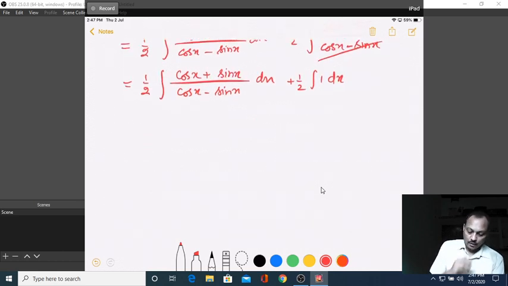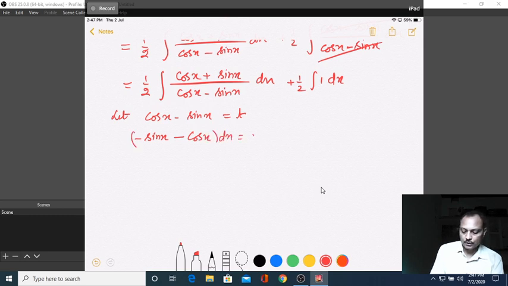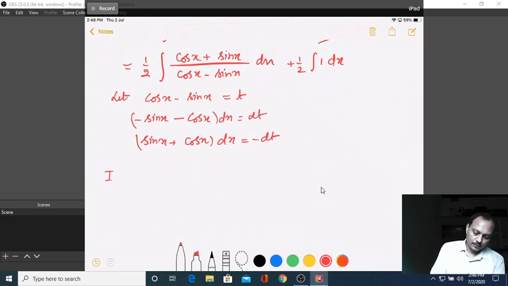Okay. Now, in the first term, let cos x minus sin x be t. Then the derivative of cos x is minus sin x, and the derivative of sin x is cos x, so (cos x minus sin x) dx equals dt. Taking the negative sign as common, we get (sin x plus cos x) dx equals minus dt. So in this way we can write it as 1 by 2 (cos x plus sin x) dx is minus dt